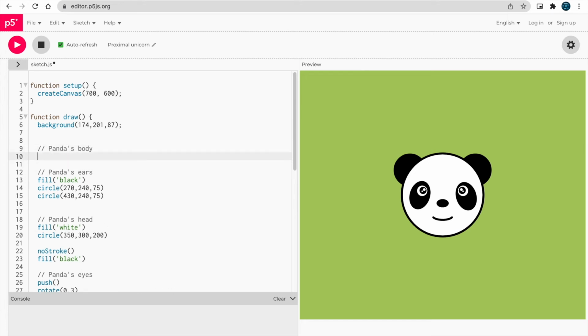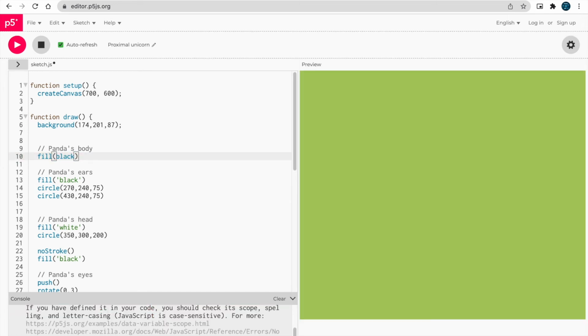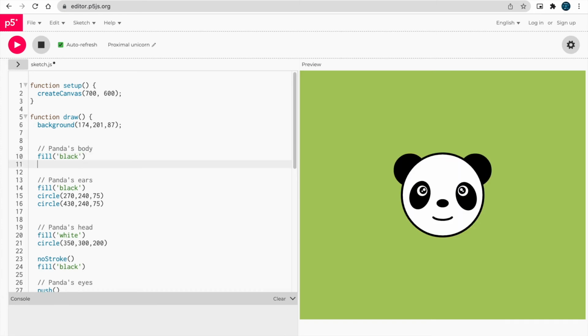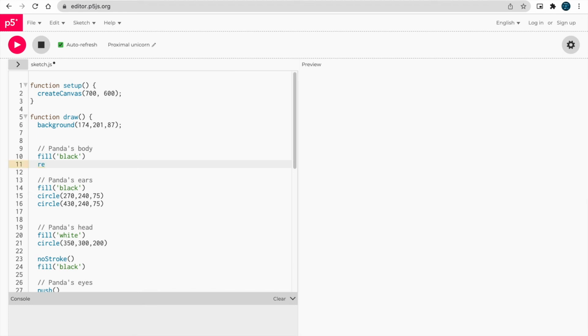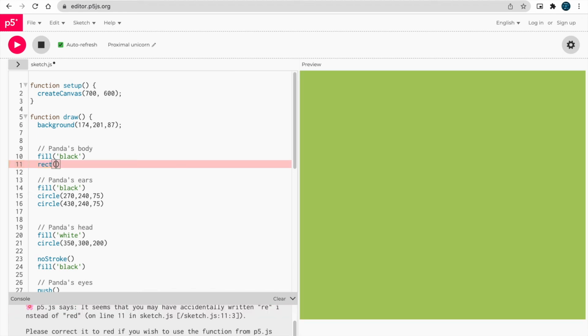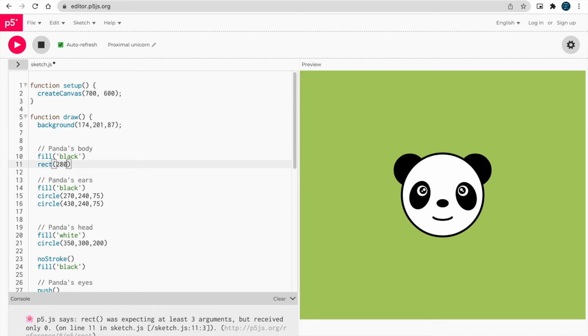Body is actually a little bit complicated, so let's fill it with black, and we will be using a rectangle. It's a rect 280, 320, 140.